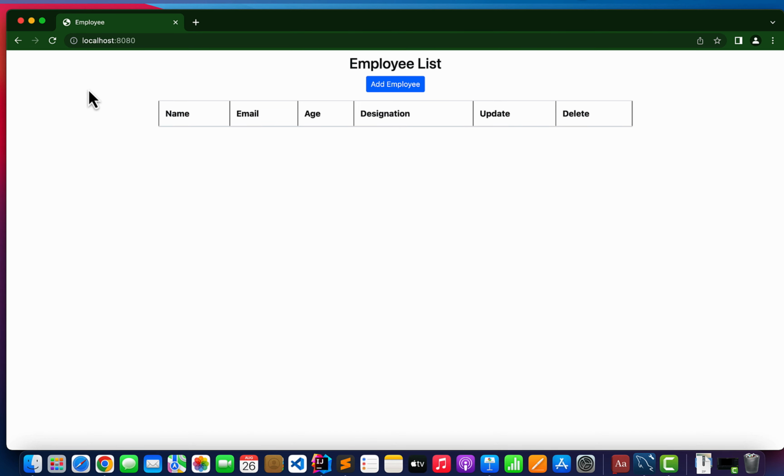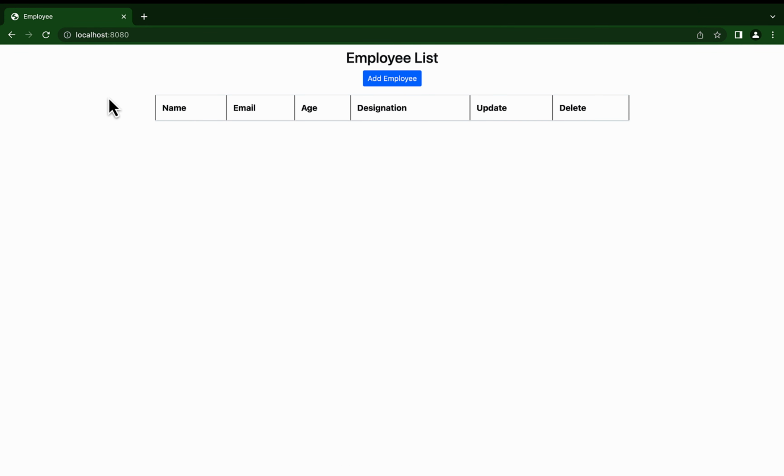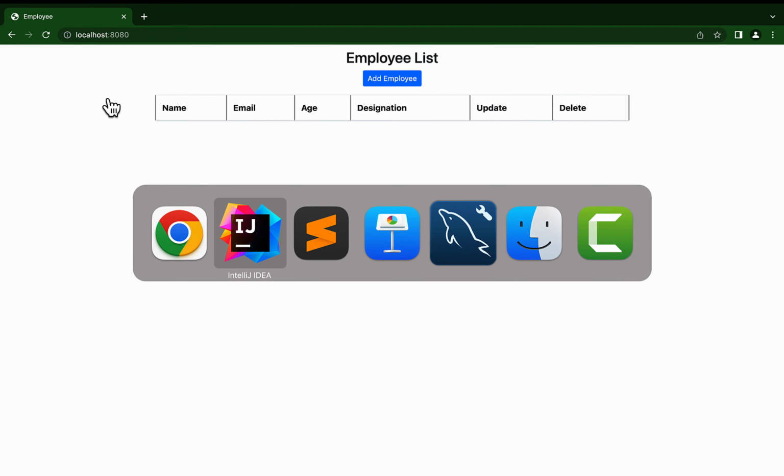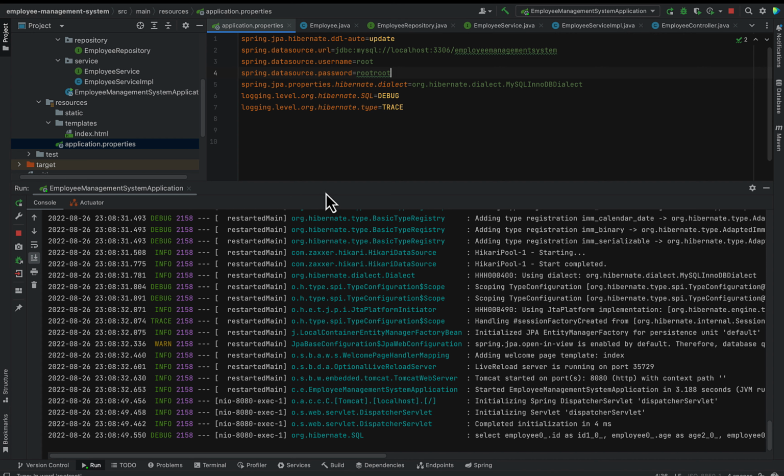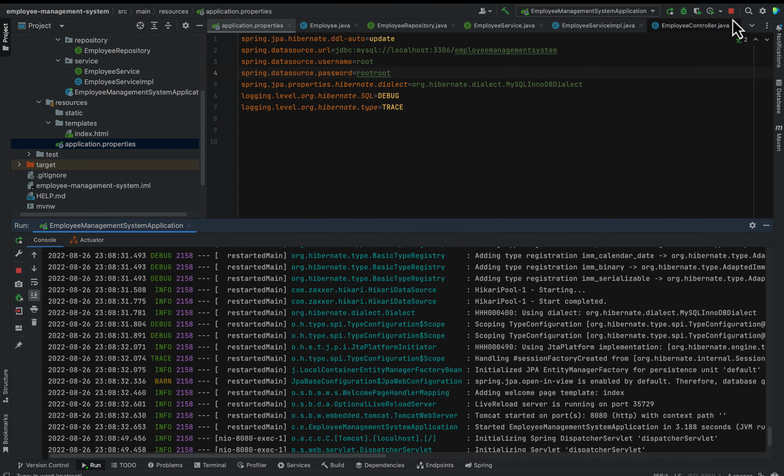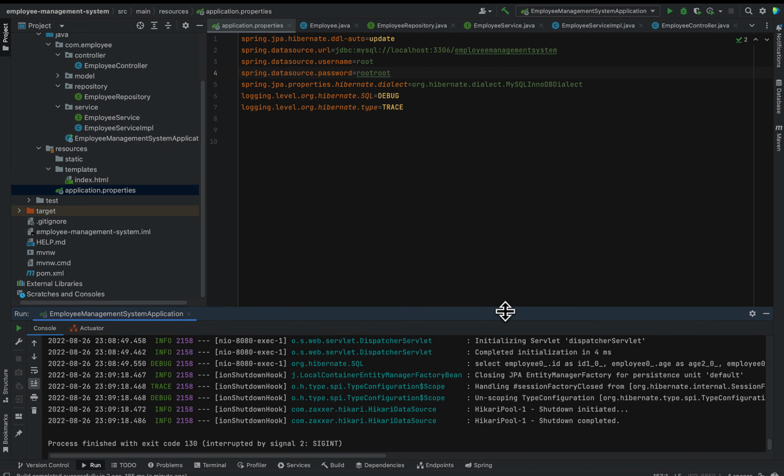Okay, so you can clearly see that the home page of our application, that is index.html, opened successfully. Since we don't have any data in the employee database, that's why it is showing empty now. So let's go to the development phase again and stop the server for now and